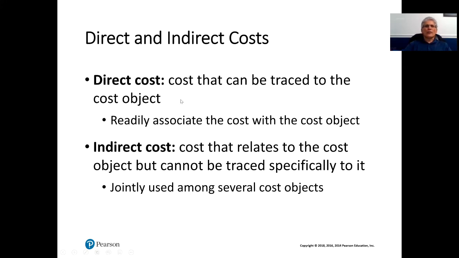One thing that is sometimes difficult to remember: when we say a direct cost can be traced to the cost object, well, any cost really, in the end, can be traced to its object. But because we have limited resources and limited time, and we just can't do everything at once, I want you to add something to this: it's costs that can be traced to the cost objective